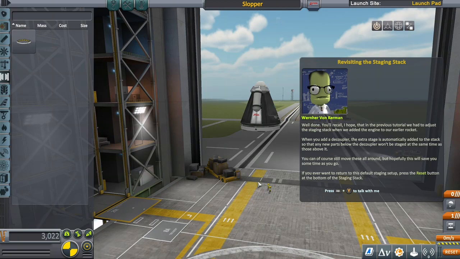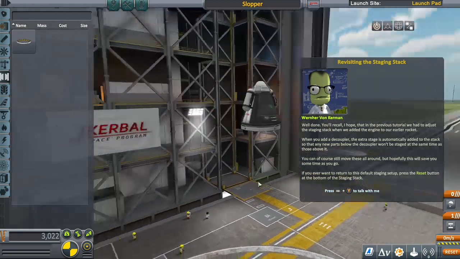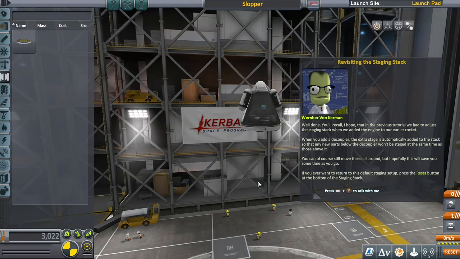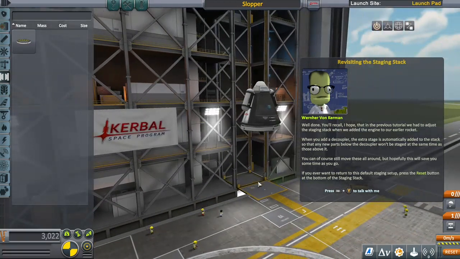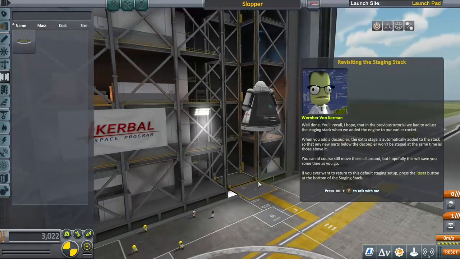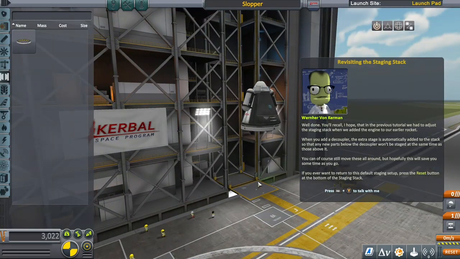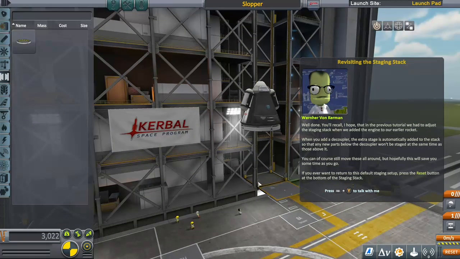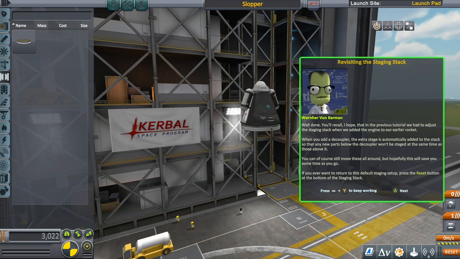If you ever want to turn to this default staging setup, press the reset button at the bottom of the staging stack. So the new parts below the decoupler won't be staged at the same time as those above it. Oh, well, that's cool. You can, of course, still move these all around, but hopefully this will save you some time as you go. Okay,